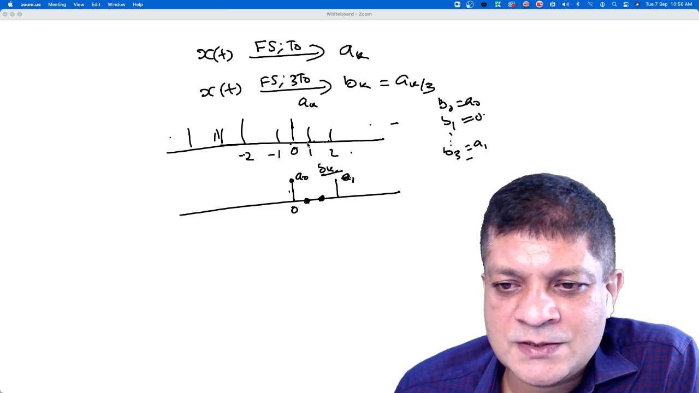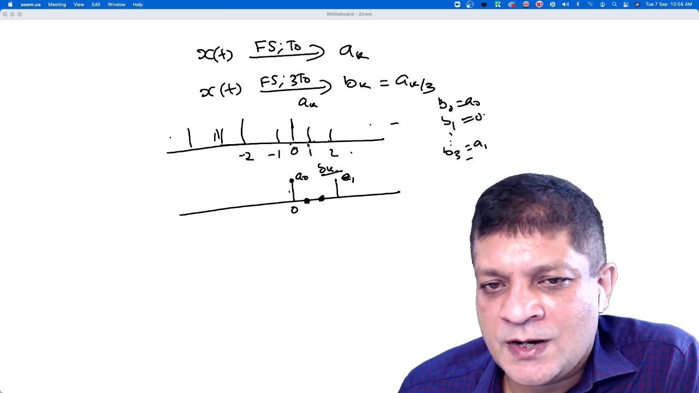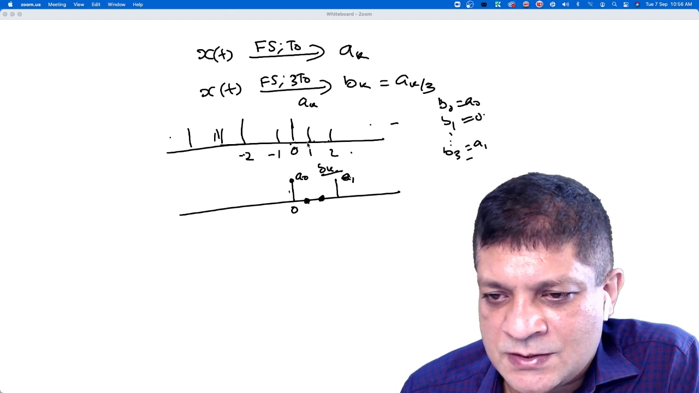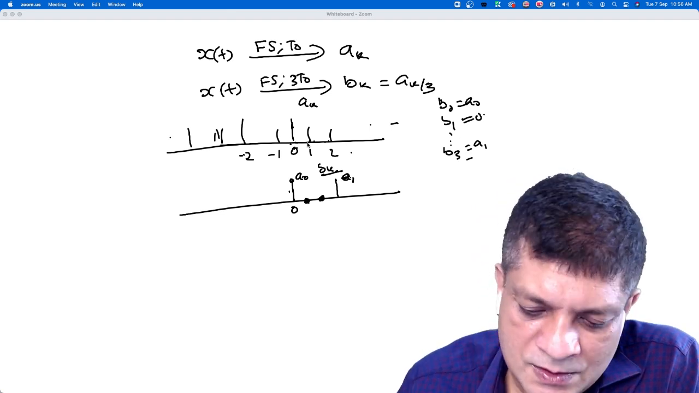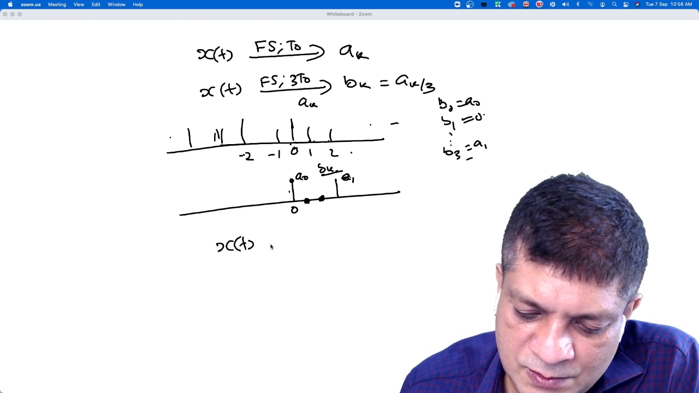Yes, sir. We are inserting 2 zeros. And we can generalize this. I am leaving it as an exercise. It is straightforward. If x(t) Fourier series coefficients are